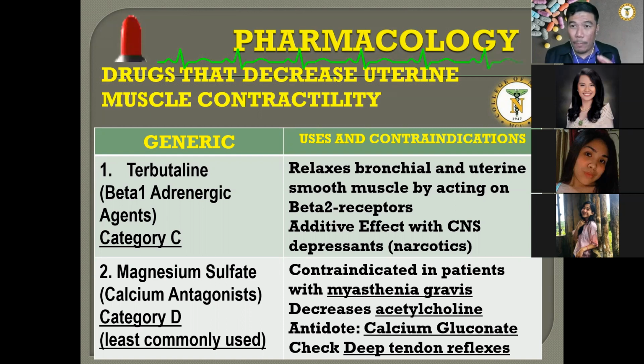So when signs of toxicity of magnesium sulfate manifest, always consider the emergency drug as an antidote, calcium gluconate. Magnesium sulfate is least commonly used because it is contraindicated with myasthenia gravis. Actually, myasthenia gravis is a nerve problem, and what happens with it is that